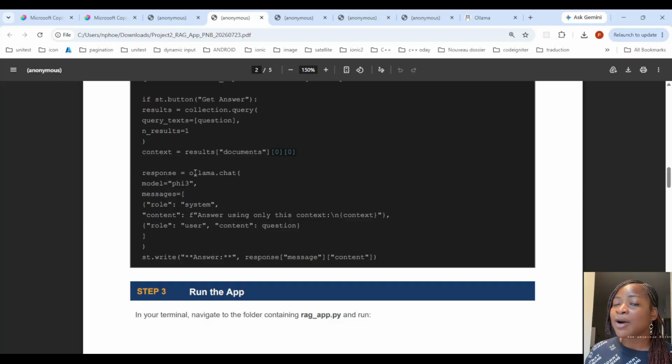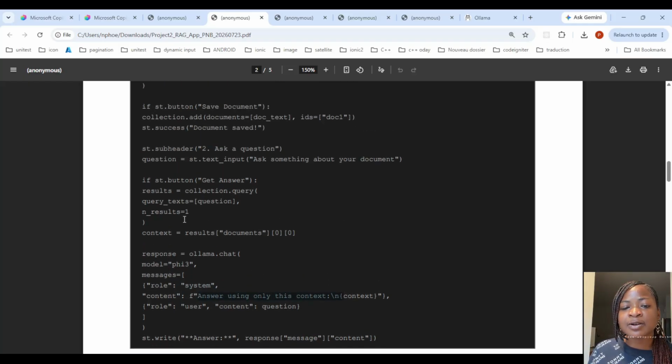then we call our Ollama client, and we call any model that you want. Here I call the tree. It's really slow, but we might try it and you will see how it behaves. And we give the message, the role system. For the system, we say answer using only the context. The context is the result of the relevant document that we have